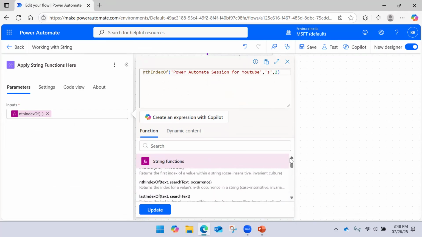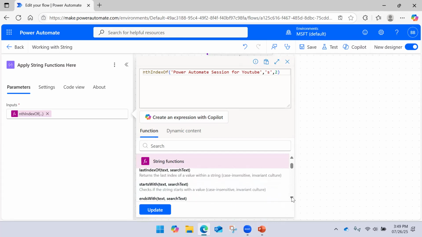The way we find the nth index, similarly, you can get the last index of. So let's say "yes" is repeated 10 times in a complete paragraph of text. What will be the last index of "yes"? It will skip all the possible appearances of "yes", or indexes of "yes", and then it will pick the last one only. This is how the logic builds.